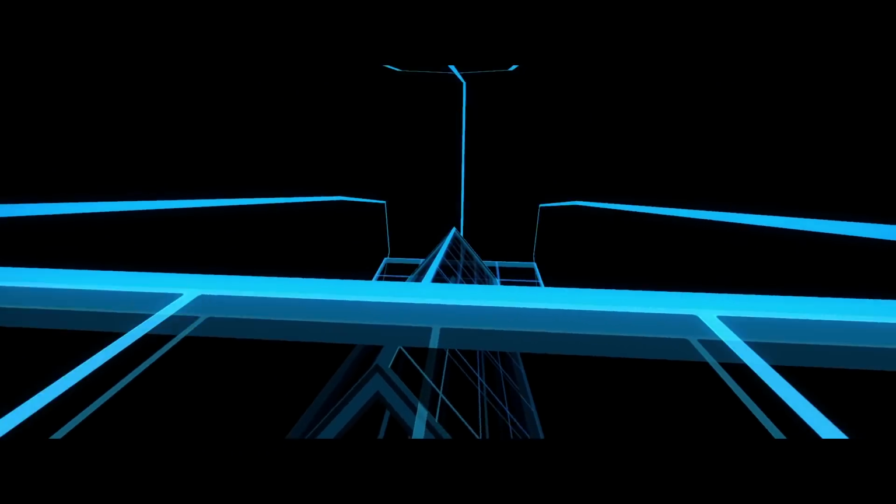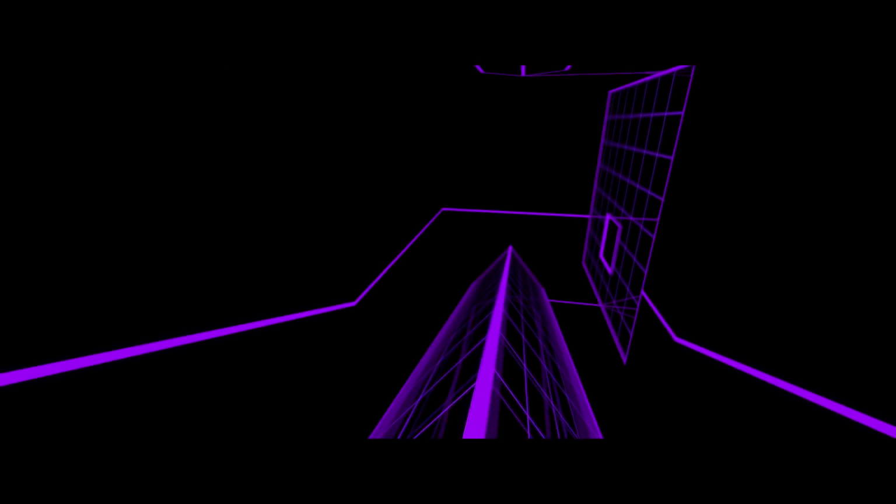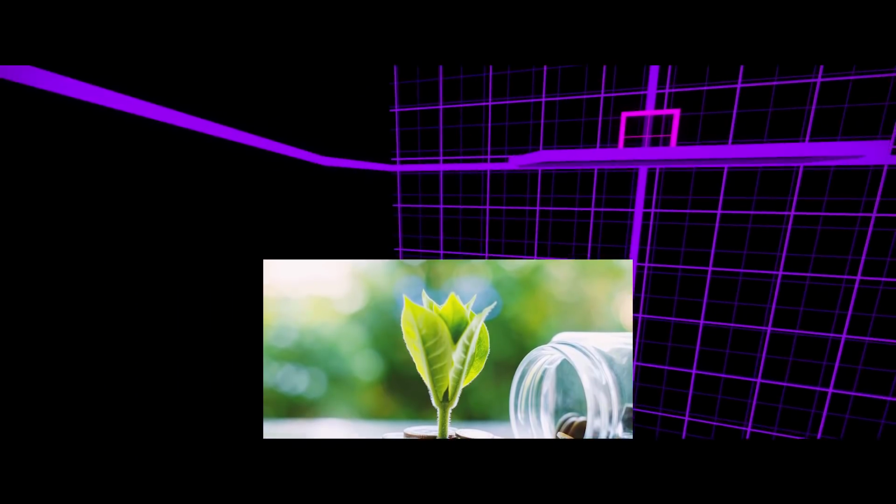Capsules from 2014, 15 and other years have the upper hand when it comes to exclusivity. Many of those capsules include stickers from teams that don't even exist anymore, like for example in the Katowice 2014 capsules. 7 of the 16 teams do not exist anymore. In those years, investing in CSGO was not really a thing people did. Maybe there were a couple of people ahead of their time, but the